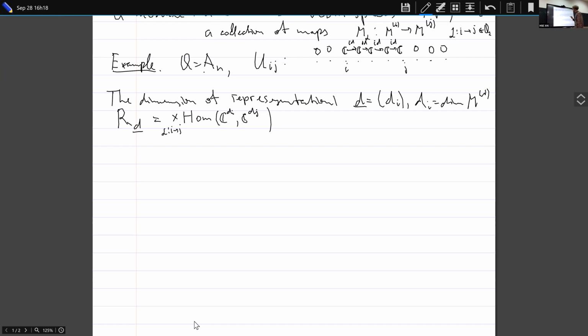So what's that? Let me denote the set of vertices. They are just in bijection with Z_n, so Z_n is just the numbers from 1 up to n. And then we have arrows from a to a plus 1. The i would be fixed. So we have arrows from a to a plus 1. And then for U_{i,n}, we have